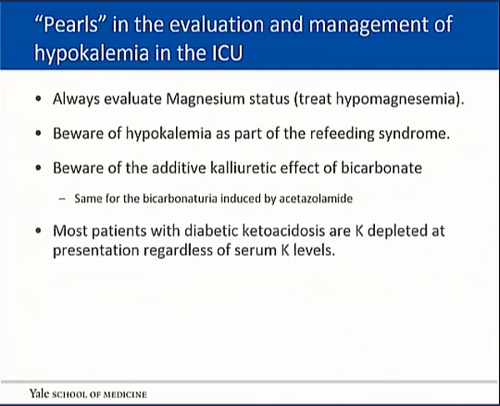Remember that in diabetic ketoacidosis, patients are usually potassium depleted. It doesn't matter what the potassium is at the time of presentation. Even if people present with Ks in the 6 range, they will very quickly show that they are hypokalemic. So a general rule is that for patients who present with DKA, the potassium should be repleted